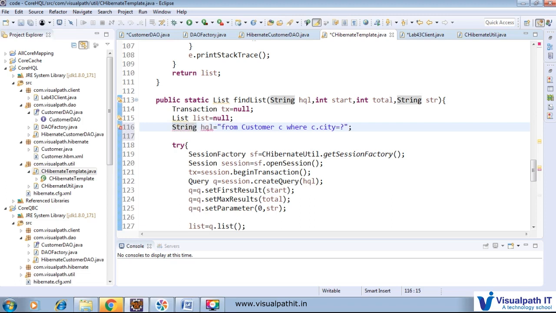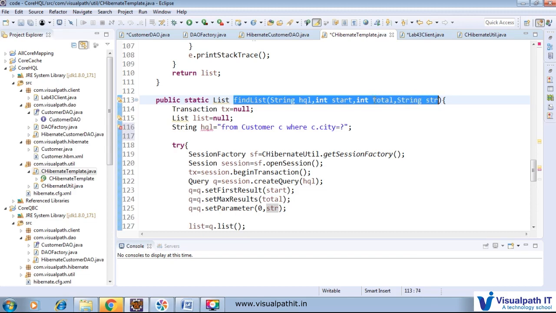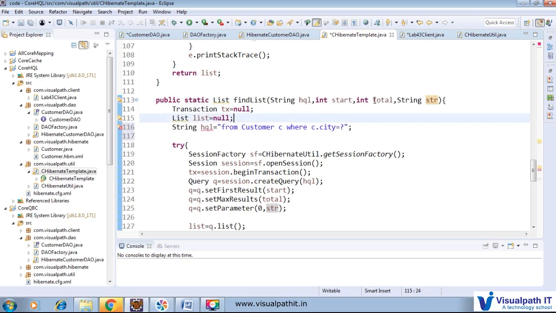For example, we want to retrieve the data with the pagination concept. Actually, here we would like to fetch data through that pagination concept. So we will provide this HQL and provide str as the CT. We are calling this method, passing this HQL, and I have int start as 0 right now.